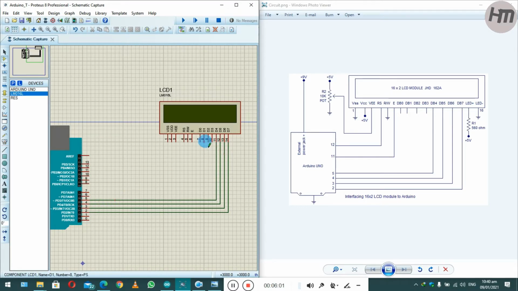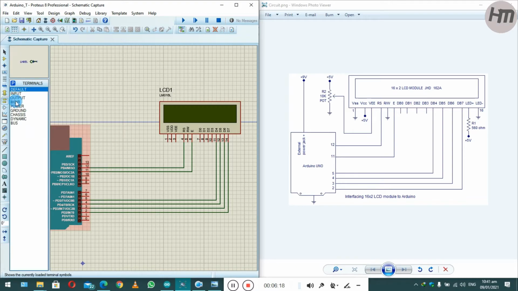Right, you will need only these 4 pins. Then the next pin is E, that is connected with the 11th pin. Here is our 11th pin, and 12 with RS, and the read/write pin is grounded, so I will just ground it, just like that.